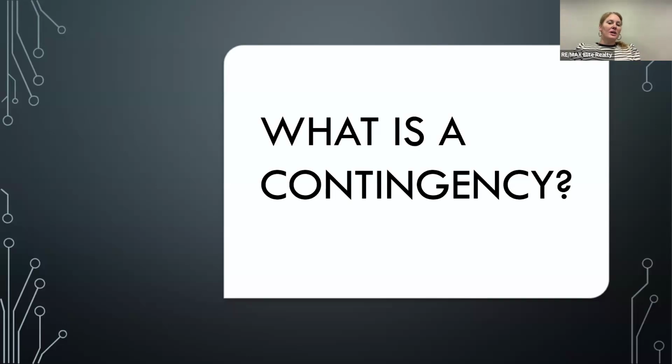Before I show you the legal definition, I want you guys to tell me what a contingency is. You can just blurt it out. Something that needs to be satisfied or completed to satisfy the terms of the contract. Michelle said it's something that needs to be satisfied or completed, to fulfill the terms of the contract. Anyone else? Very, very good, by the way. If, then. If this happens, then